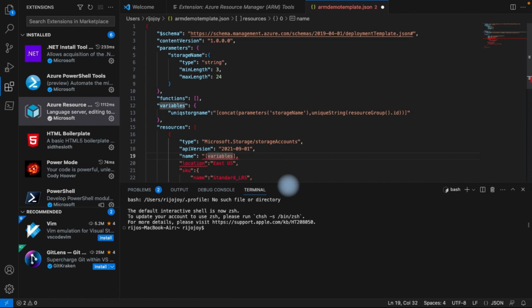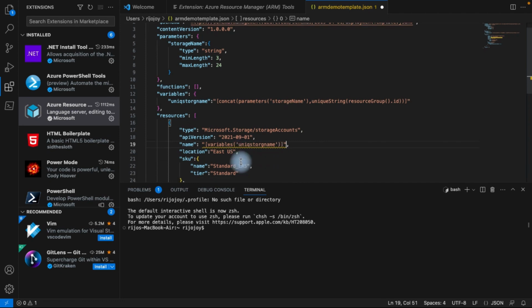just open the parenthesis. Then you need to call the unique storage name. Okay. After that, close the parenthesis. So now we need to call our variable here. You can see name, variable, unique storage, and we will call our variable here. Okay. So now you understand how to add the variable, how to pass your variable in the